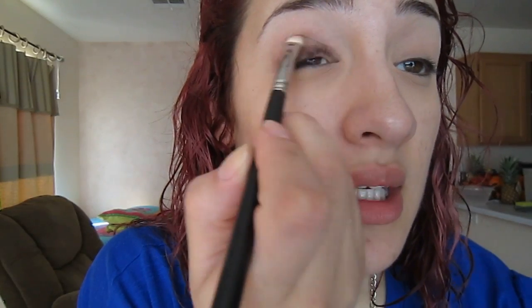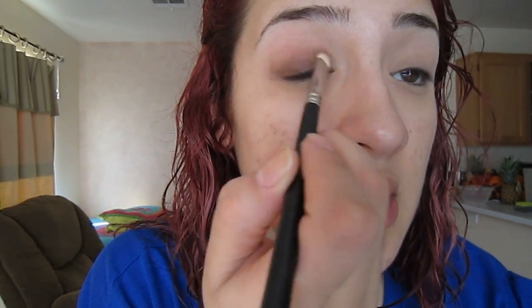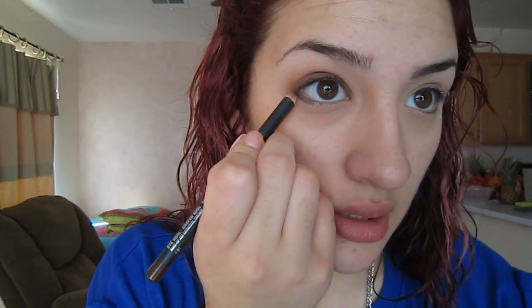And the reason I'm using this and not my Indian Wood paint pot, which is what I used in my Academy Awards inspired tutorial, is because I want this look to be a little bit deeper. So I'm just gonna blend that in, and don't worry about it being too perfect because you're gonna blend it out with other shadows anyway. And I'm gonna bring it underneath my eye,